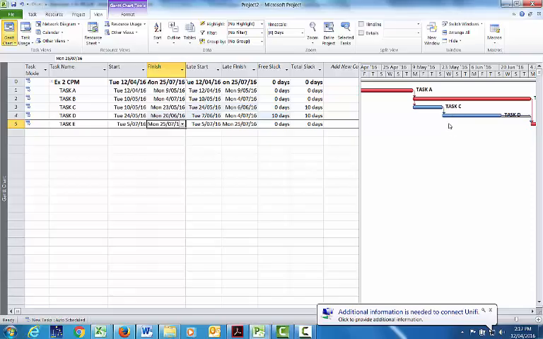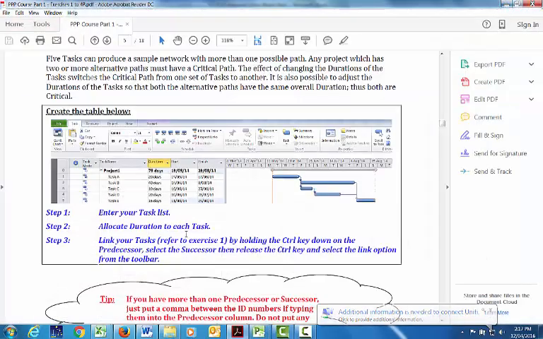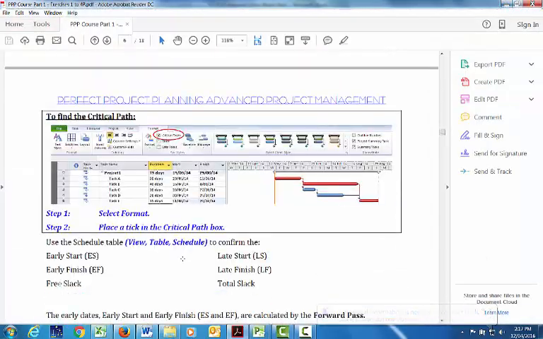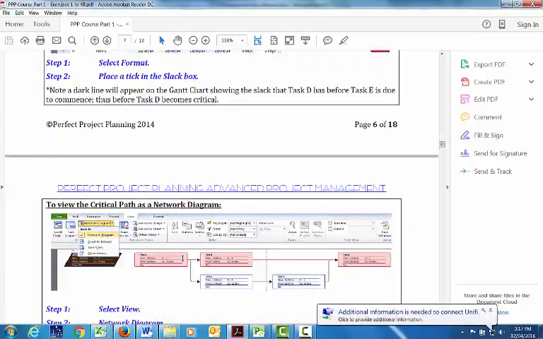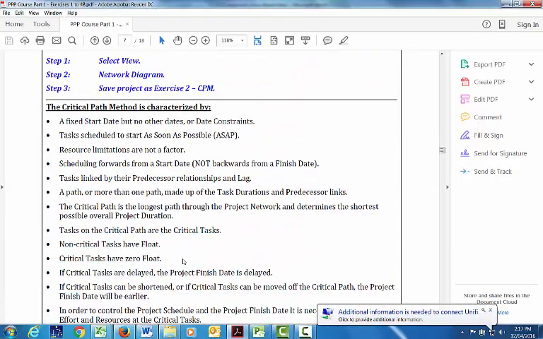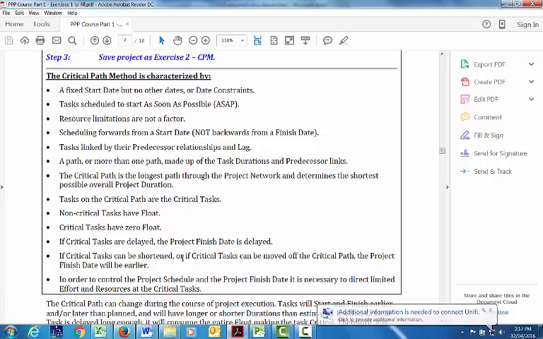And of course, that might not be the optimal decision because of resource problems or other risks that we might be taking into account, but at least that's a first good model. So in this lesson, it's not going to let me get back. In this lesson, we've covered critical path method. And a critical path method is made up of